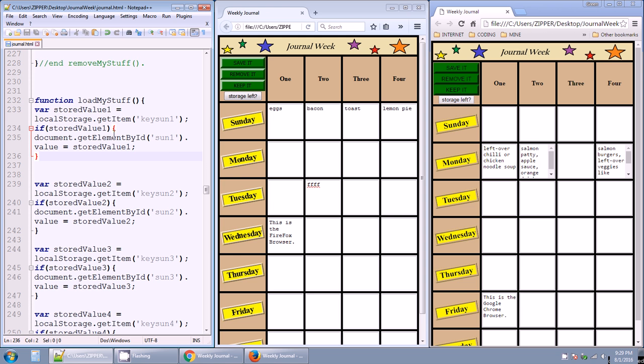Okay, so those are the two main statements that you need for the LoadMyStuff. And like everything else we've been doing, you just take these two statements, both this statement right here and this statement right here,